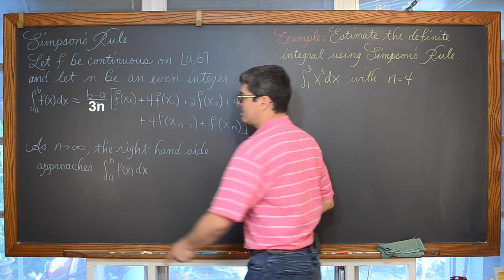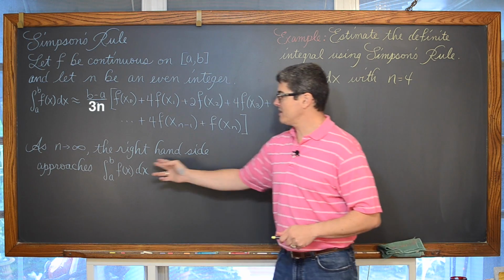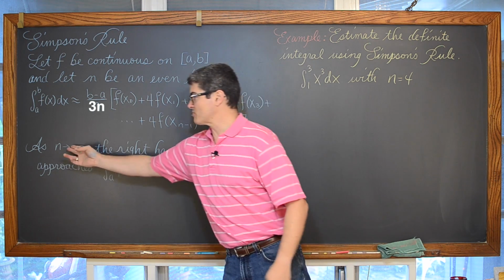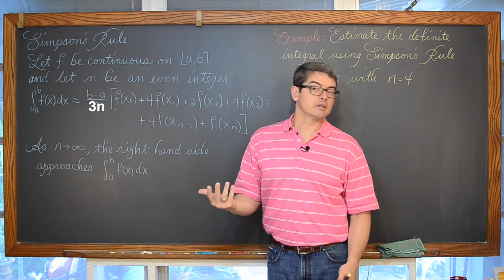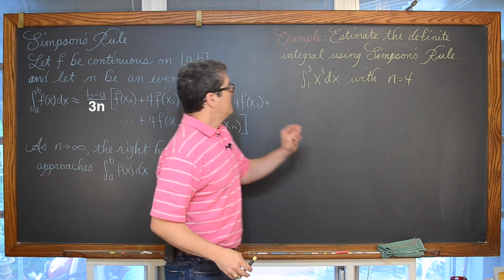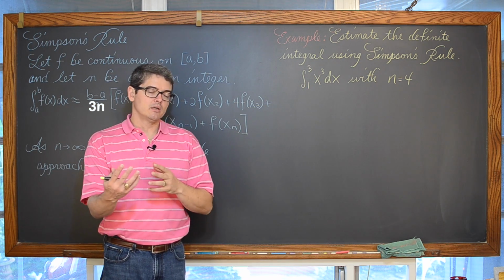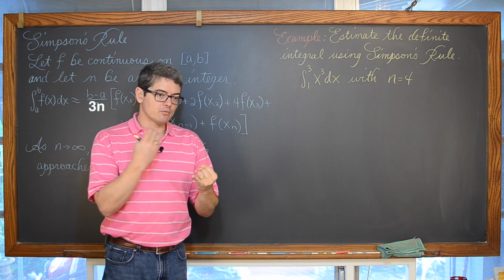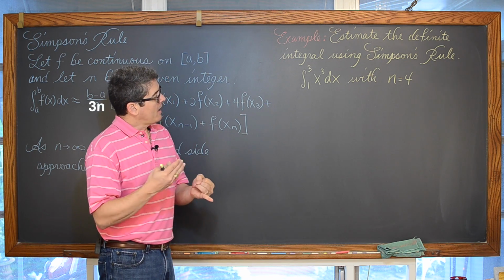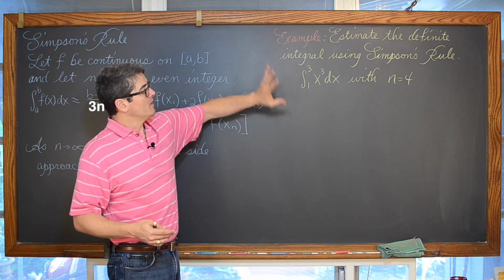And just like before, as you let the number of subintervals increase to infinity, the right-hand side is going to approach the left-hand side. We're not going to let n approach infinity in these problems, but it would give you an infinitely accurate answer if you used an infinite number of subintervals. But as you're going to see, I'm just going to redo the problem I did at the beginning of this lesson. I wanted to give you a problem we could do through the first fundamental theorem of calculus that we've learned up until now, and then show you a comparison with that same problem using the trapezoidal rule and now Simpson's rule.